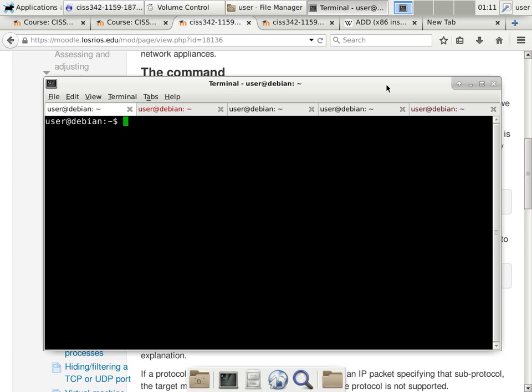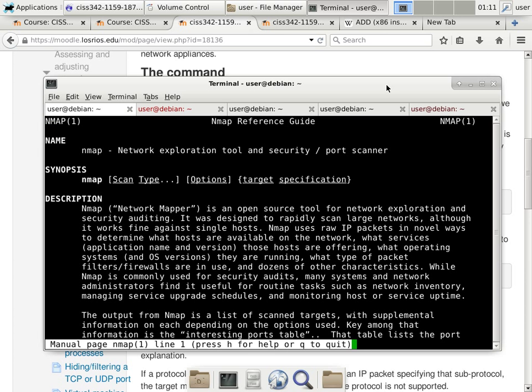The first one, which is the most accessible help, is just the man pages. If you say man nmap, or any command in Linux or Unix, you will find the man page. The man page is called a manual page, but in this case, it's not really just the manual page. If you look at the top of that page, this is the reference guide of Nmap. In other words, it is long, it is comprehensive, and there's a lot of stuff to it.